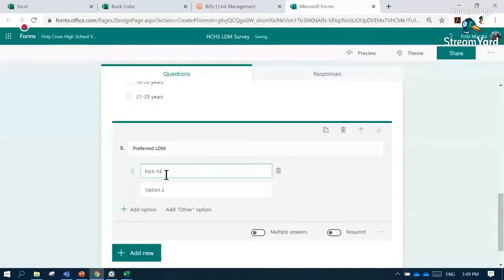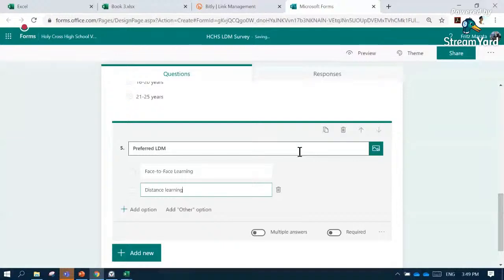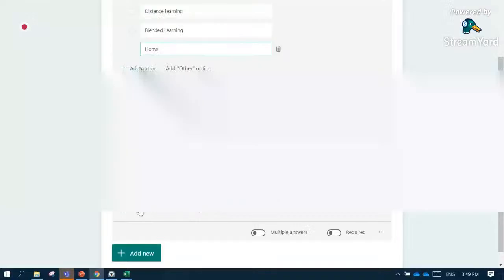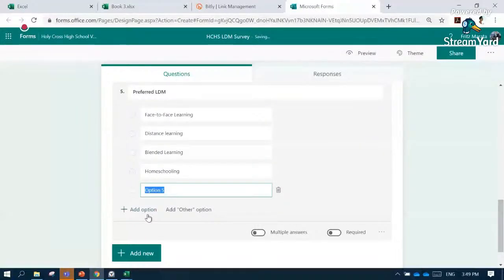And then blended. Another is homeschooling. And for senior high school, we can have apprenticeship, right? So those are the different learning delivery modalities.